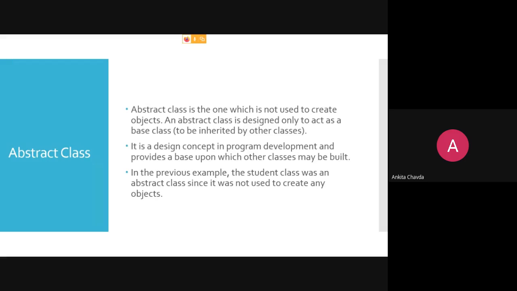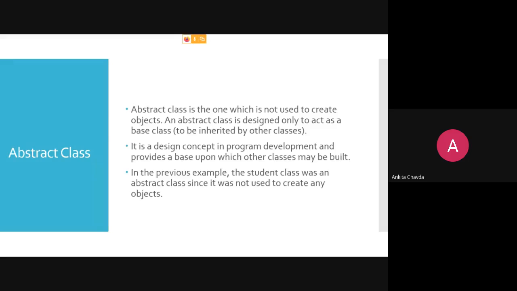It is a design concept in program development, and it provides a base upon which other classes may be built. It will just give you a blueprint that you have to include this many things in your classes.